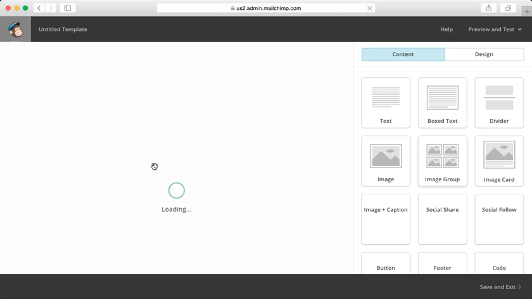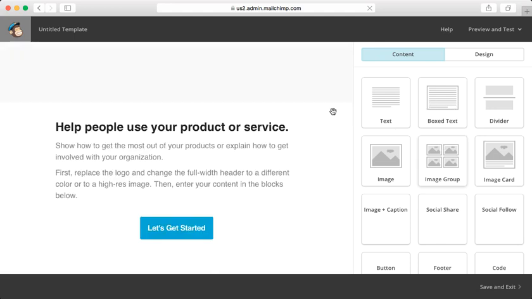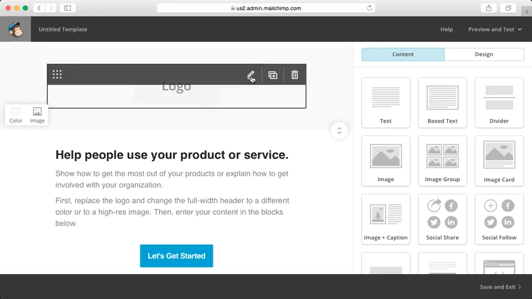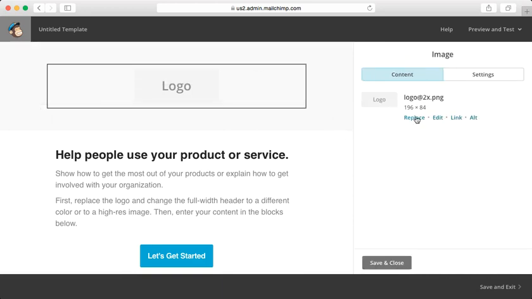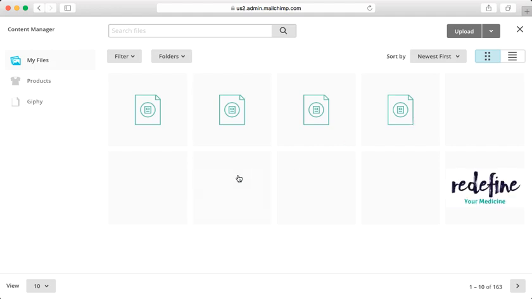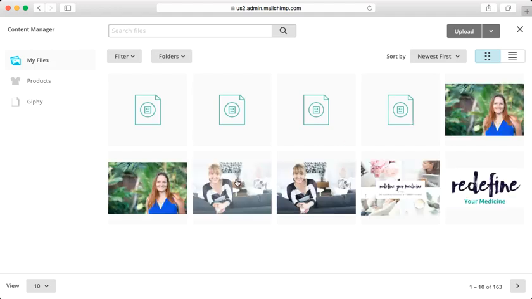And this is a drag and drop model, so you can actually change what's in here. And this editing tool where it looks like a little pen, you can replace, you can pop in any of your logos. So in your files, you can upload. If you can't find it on the left-hand side, you go straight over to the right-hand side and it says upload over here. If I upload, I'll just pop in TG logo